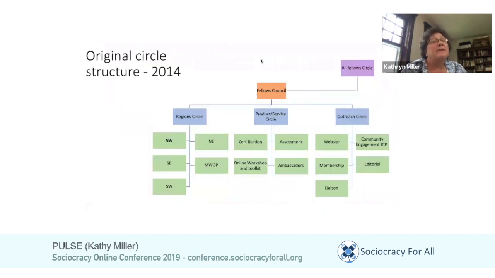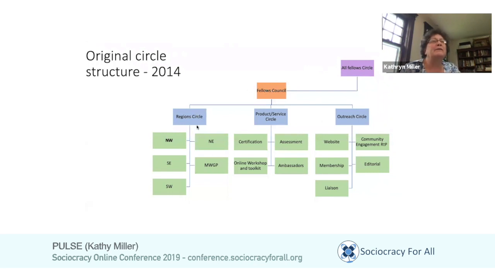Okay, so we set up a sociocratic organizational structure. Again, we didn't really have any structure. We had what was called the Fellows Council, which was 6 people who were kind of elected by the group to help manage what was going on, but otherwise we didn't really have any structure. And so with the help of our consultants, the Fellows Council and some other people worked to develop this structure